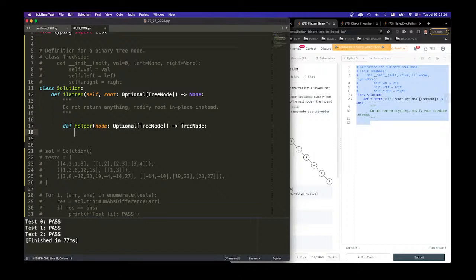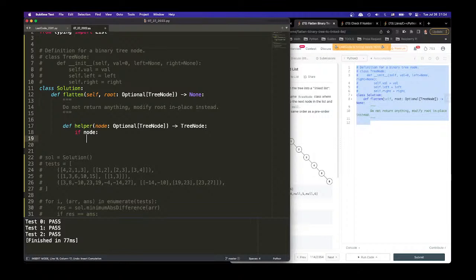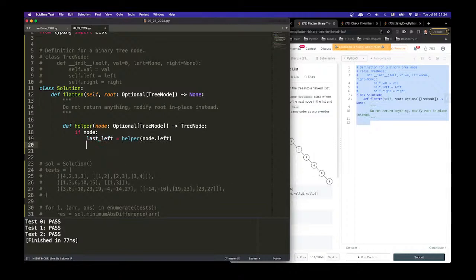So what we're going to do is, if node, then we call helper on node.left. So this one is going to be last left. It's going to be this. Now after we get the last left,